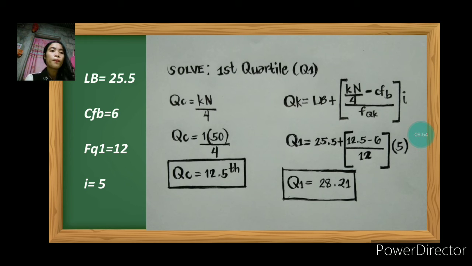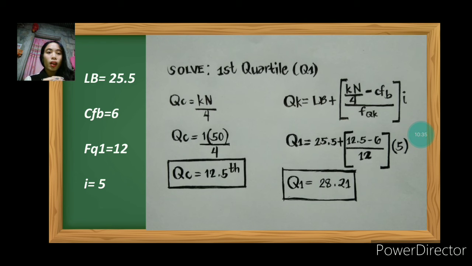Our formula is, again, Q sub k is equal to the lower boundary plus the quantity Kn over 4 minus Cf sub b, all over F sub Q sub k, and multiplied by our I. So let's substitute this. Q sub 1, because we're going to solve the first quartile. So Q sub 1 is equal to 25.5, that's our LB, plus